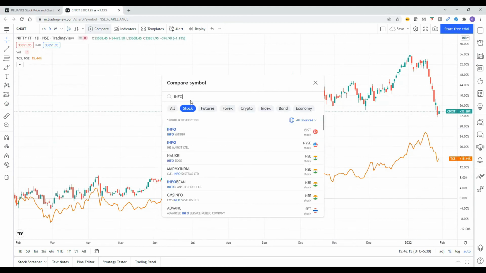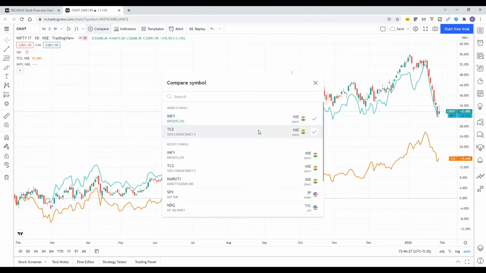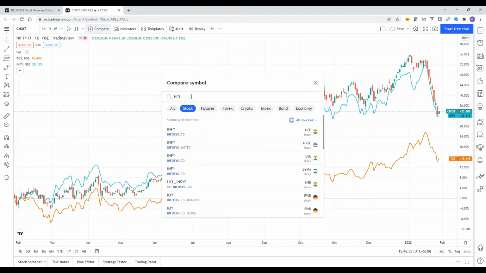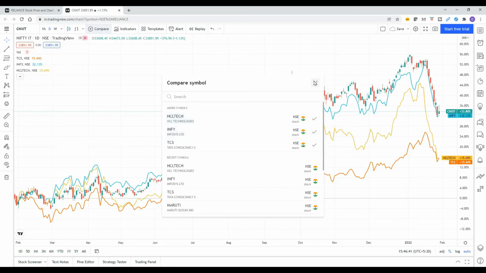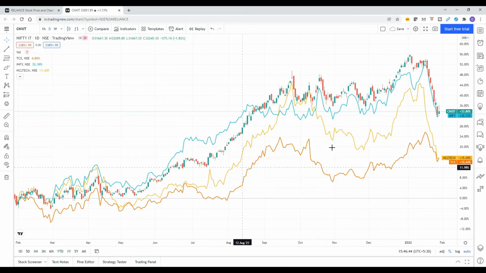And Infosys. Let's say I want to understand which has performed well compared to all major IT stocks. Now I've taken Infosys, TCS, and HCL Technologies. Now, you see all of this, all of them will change. So I'll keep the Nifty IT index in candlestick, and all others I kept as normal lines.